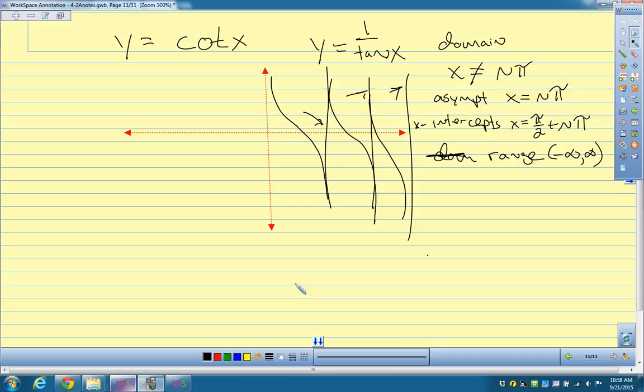Tangent, because you could have an opposite over adjacent as big as you want, goes on forever. It's also odd, okay, because if I flip this over the origin 180 degrees, it'll look the same. It's got origin symmetry, and it also has a period